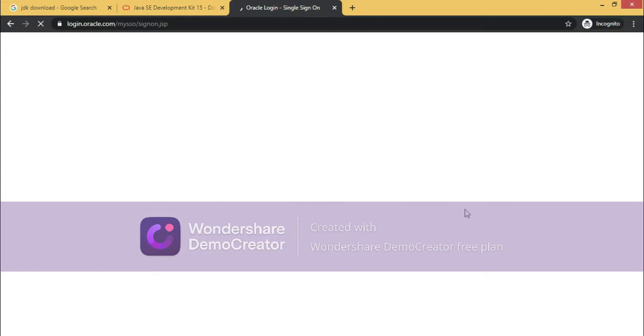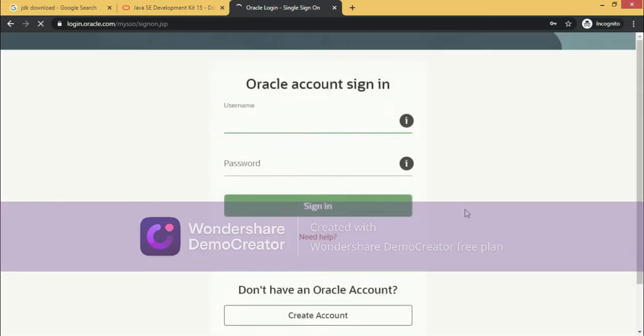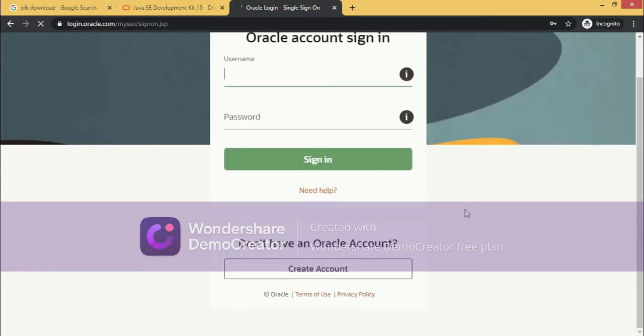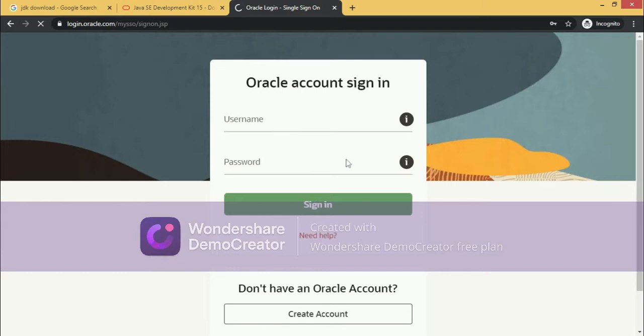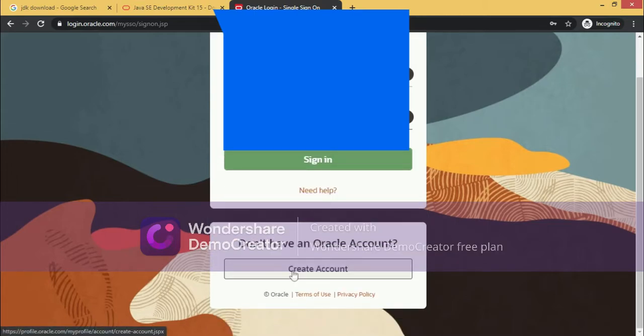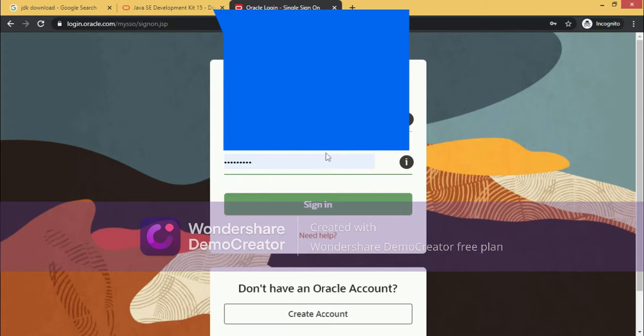Let's see what will happen here. Okay, it's asking for the password, right? For that you have to have an account in Oracle. So just create an account in Oracle. If you don't have one, just go ahead and click on create account and create it.